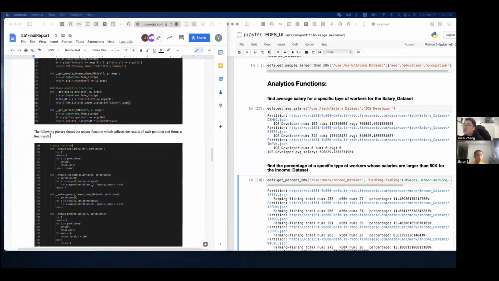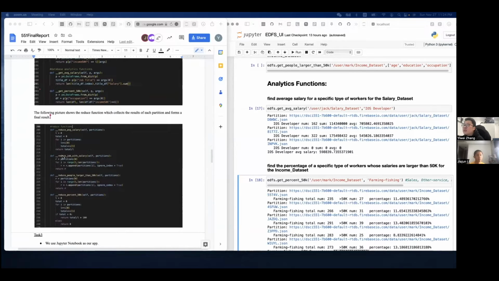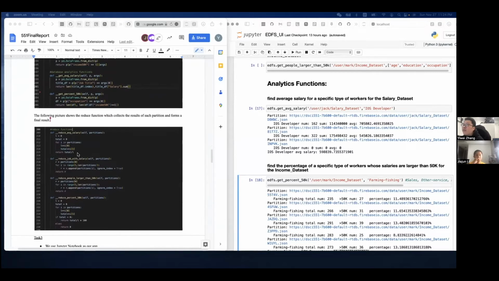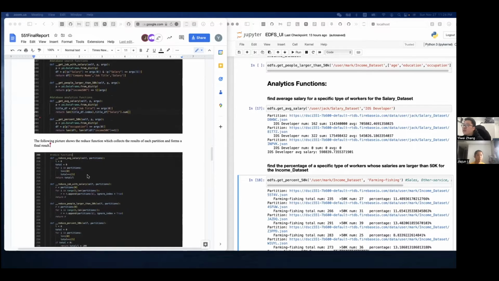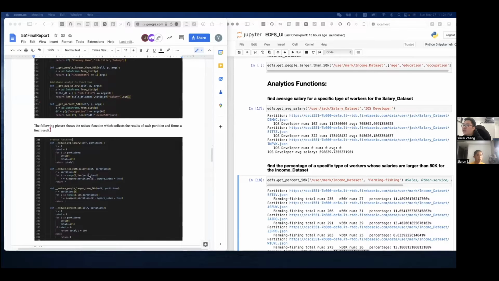As you can see, in this part we have two analytics functions and two search functions, so we also have four reduce functions in total. The following pictures are about our reduce functions. For example, the reduce average salary function will collect the result of each partition, and finally find the result of